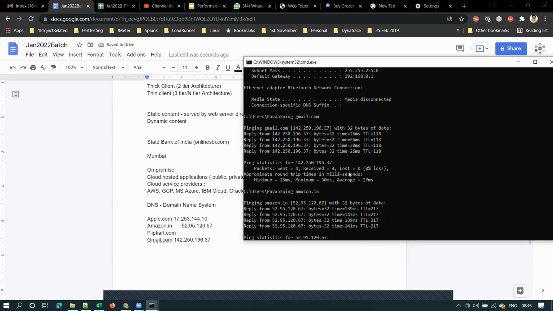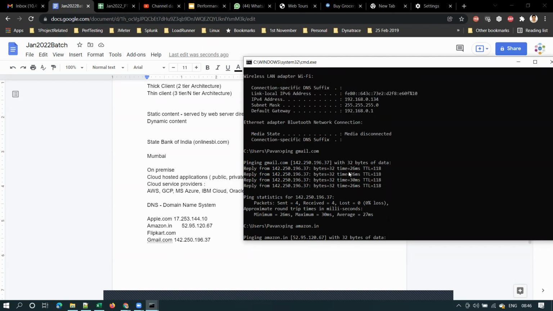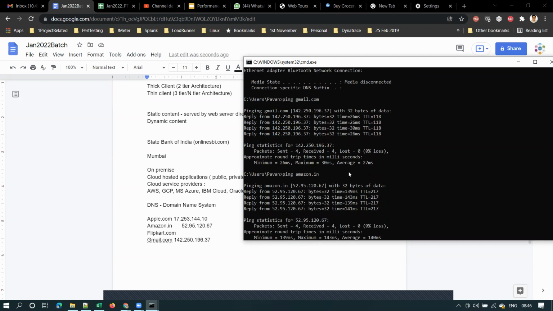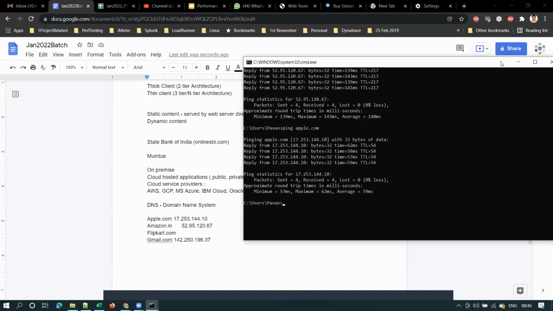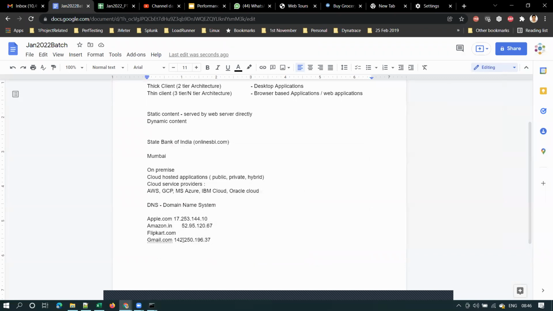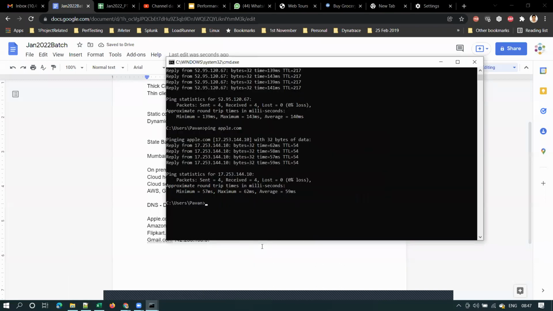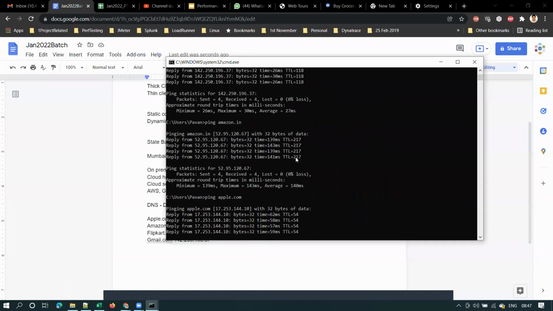And DNS is nothing but which server can understand. One second, let me fill up this also and come to you. What is that? Flipkart.